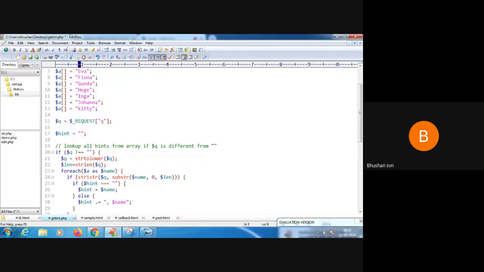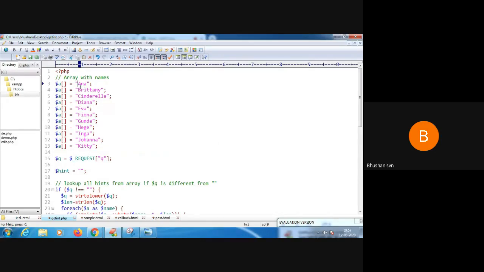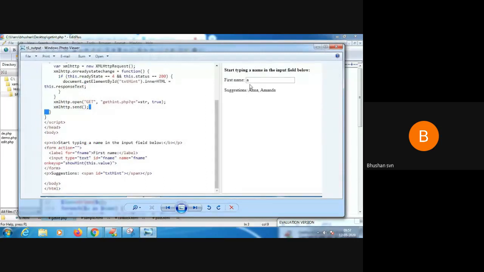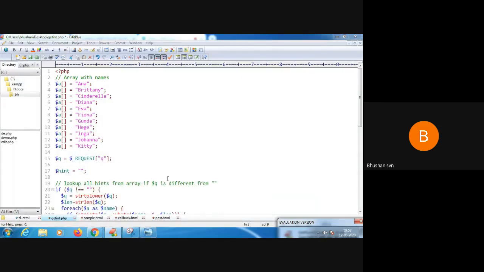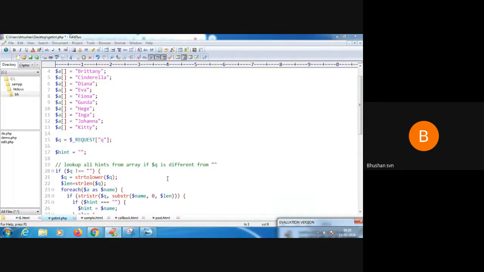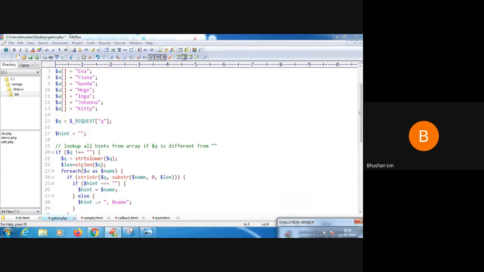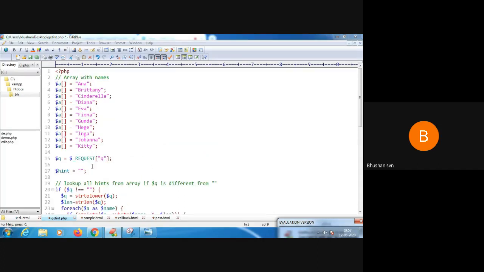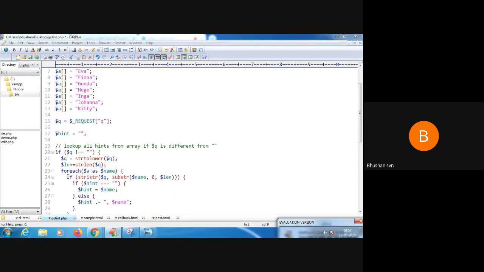If you see the output, here you have all capital letters A, B, C, D, like this. But in the output, I'm just writing, say, small case a. So dynamically it has to convert into uppercase letters. Now then I take a string length. I use a foreach statement, where it iterates one element by one element, so it will check all the elements in an array by using this foreach.